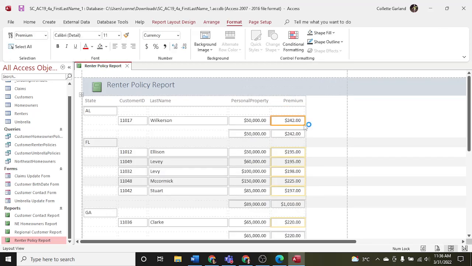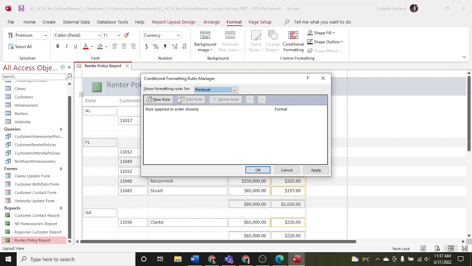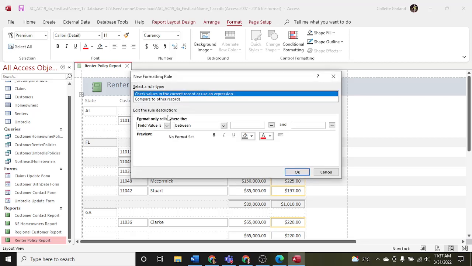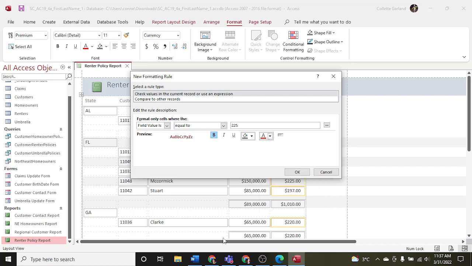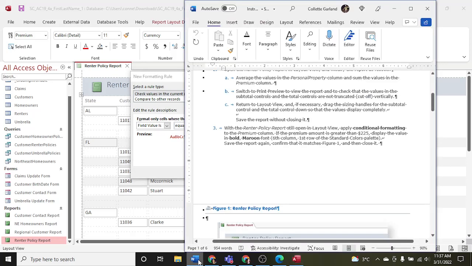So we'll click on the column, go to format and conditional formatting here, and the new rule is going to be if the field value is equal to 225, it's going to be bold and maroon. I believe that's right. Bold and maroon, 225